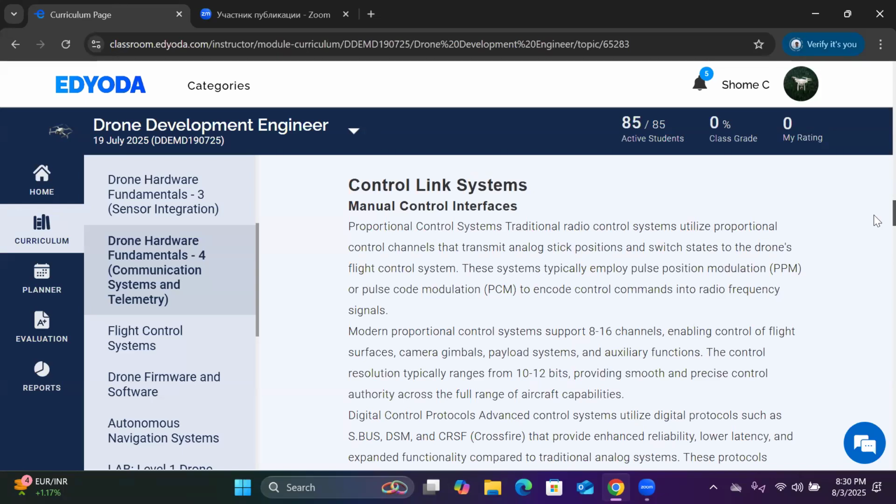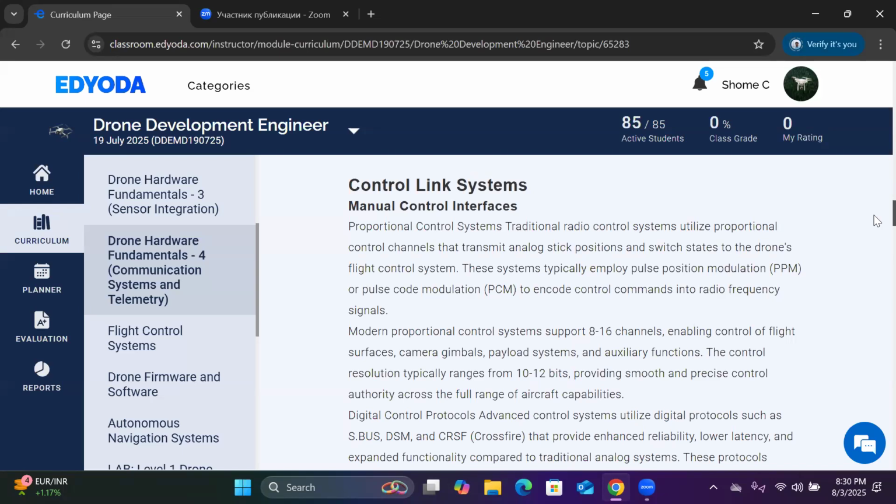These are basically the digital modulation schemes to encode control commands into radio frequency signals. So by these modulation schemes, either PPM or PCM, which are inherently digital communication modulation schemes, this will encode what? The control command into the radio frequency